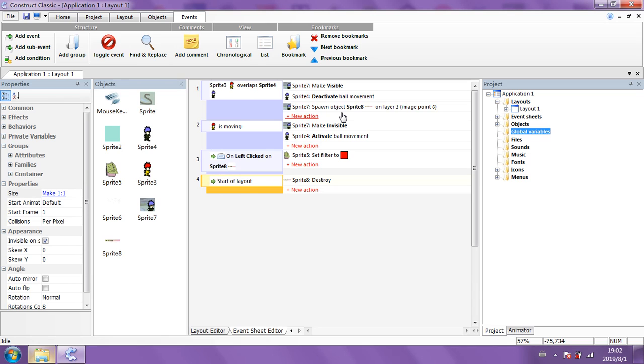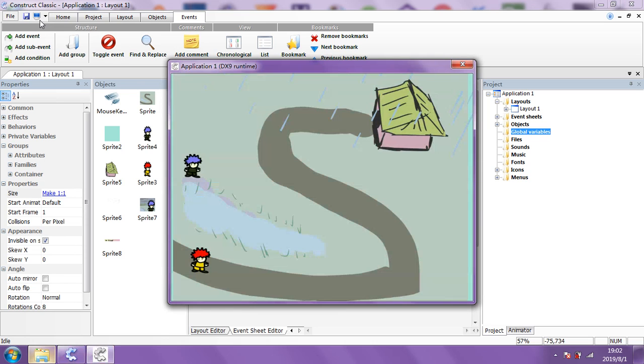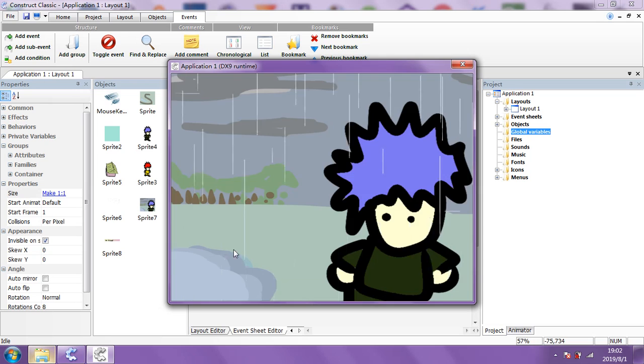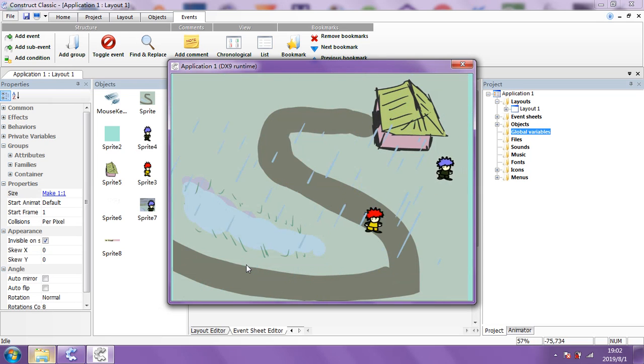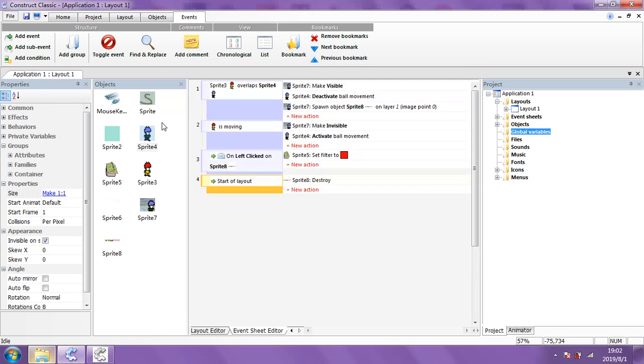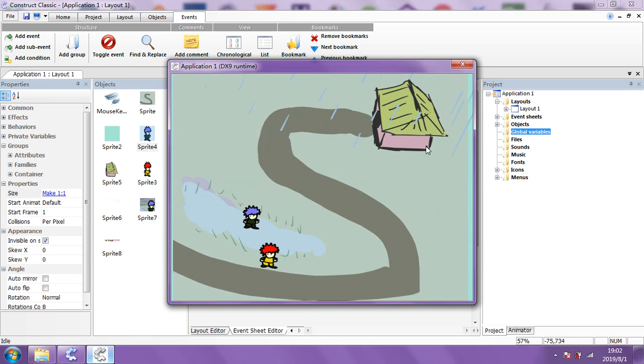Can't I just say instance? So it did instance it, right? It did instance it. But where is it? That's my question. I've got to literally work out where it is. Wait for this to load up. See if we can find where it is. He walks away. Where is it then? If I click over here, is it going to come into being? No. It's not even anywhere in the being.